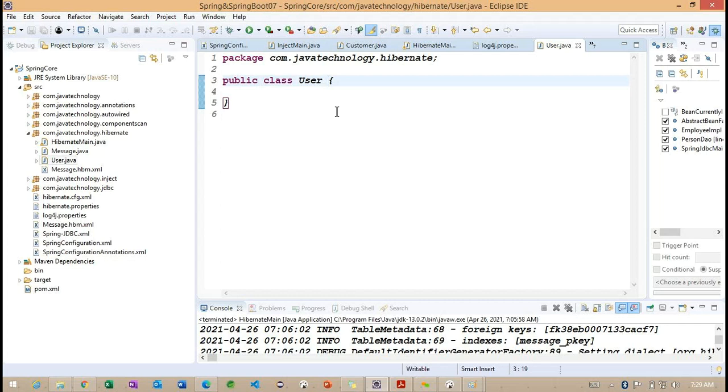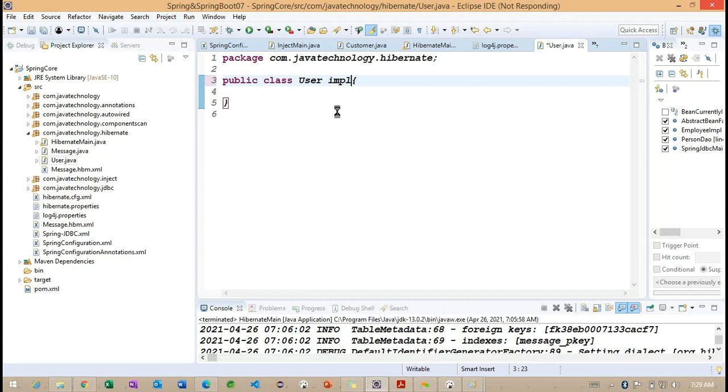So observe here, public class User. When we are discussing this particular user, we can identify that we are having different properties here. Okay. Now I'm going to work with the implementation of Serializable. So why do we need to implement Serializable?